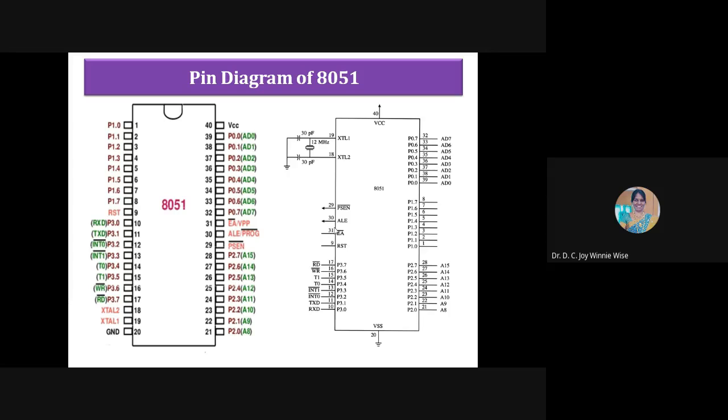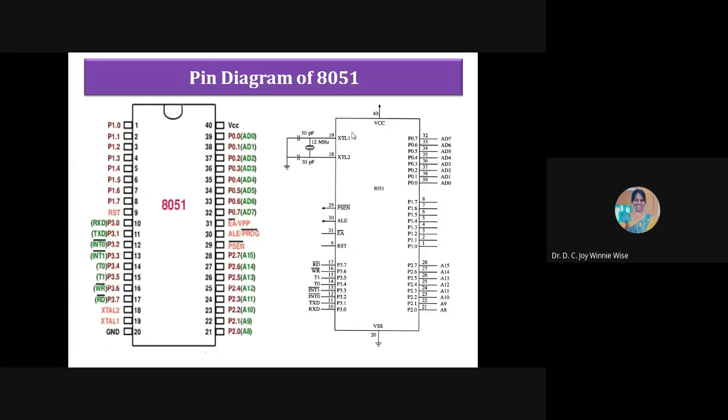Next one is the PSEN signal. This is the program store enable signal, which is used to access the program memory. And at the top we have XTAL1 and XTAL2. Only through these will the crystal be connected. We have connected a 12 megahertz crystal, and the clock pulse will be given to this 8051. Okay. It is a 40 pin chip, and we have VCC as the 40th pin, and the ground is the 20th pin at the bottom. So it is a 40 pin IC chip, 8051. I hope I'm repeating this. I want all the students to study this because it is a very important question.